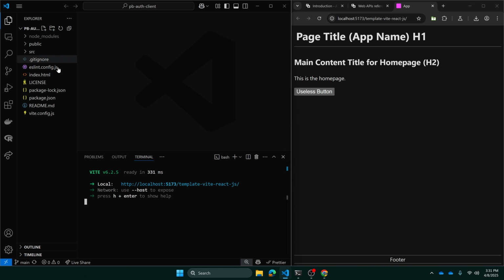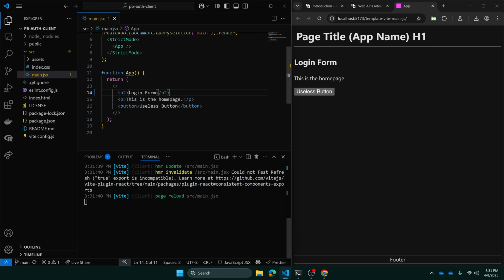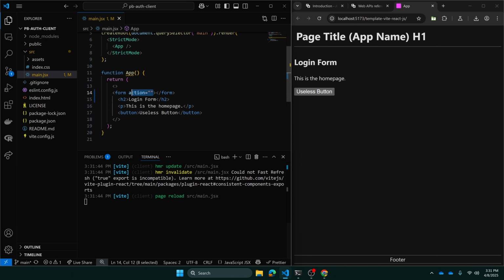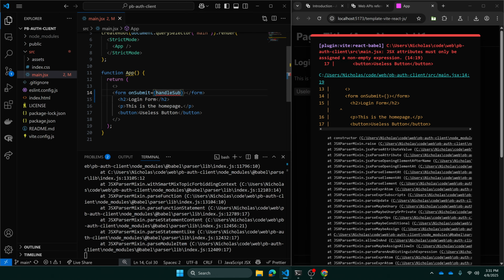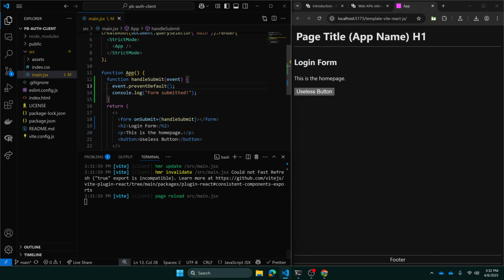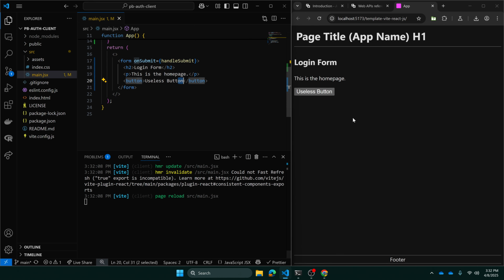If we look for the main JSX, it has this app component, which is the main content for the home page. So I'm just going to say that this is the login form, and I will wrap it in a form. Instead of having an action, I'll have an onSubmit, and I'll make handleSubmit the handler, and I'll have to write that. Function handleSubmit takes event, prevents default for now, and does nothing essentially to start. Make sure I drag this form all the way around here,